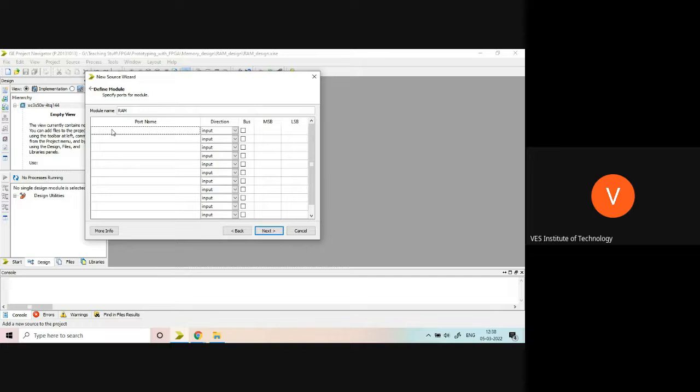Next, the ports will be data, that is the input. I'm taking very small size of data right now. Why, I will tell you, because I wanted to upload it onto the hardware. So we will be able to see everything onto the hardware. So I am taking 3-bit data. So we can see it onto the 7-segment display. So I will make it 2 down to 0 input, then data out.